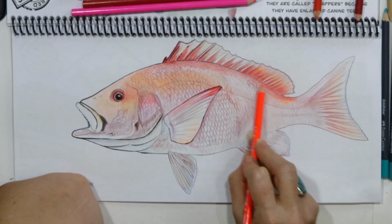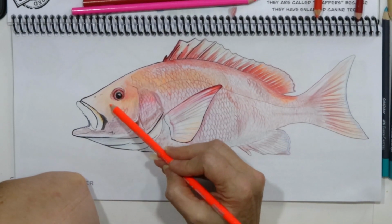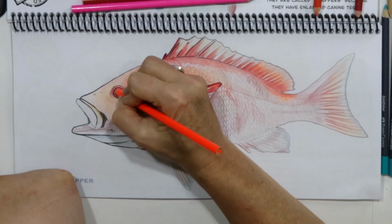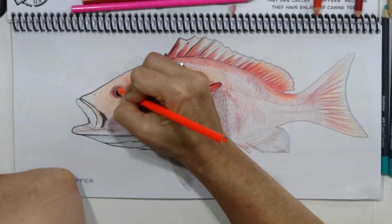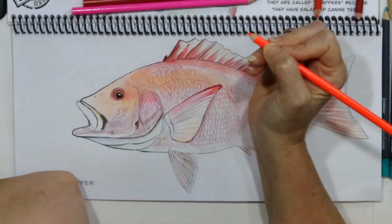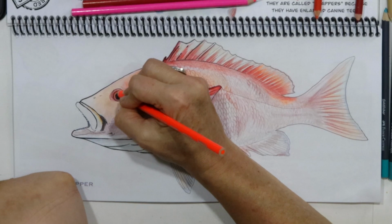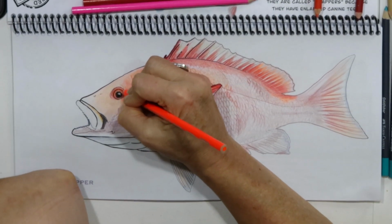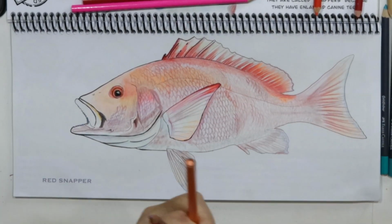Okay, so a little bit more of these wild colors here. I'm feeling like the eyeball could use a little more love. Oh, wow. Oh, hello, gorgeous. Hi. Oh, wow, you're looking right at me now. Oh, that really worked. Okay, so a little bit more of that there. Maybe a little more of it in the back here. Yeah, but that's got to be a little bit more on the,